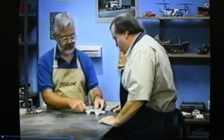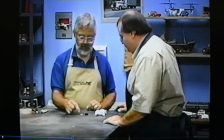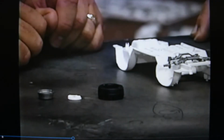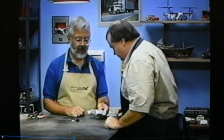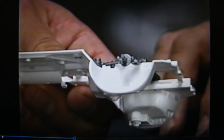All right, we have a suspension here. We have a tire hubcap combination, a brake shoe, and inside wheel surface. Mike, now that we have all of our parts, how do we proceed? Well, we'll take the prepared chassis combination and attach the wheel and brake unit on at an angle to represent